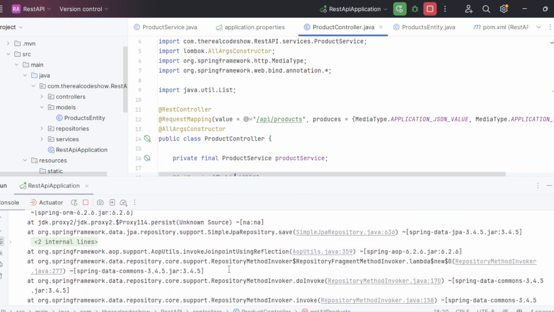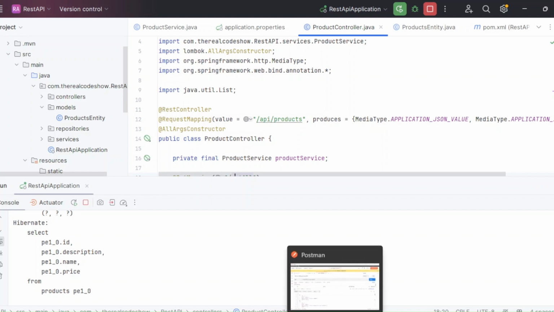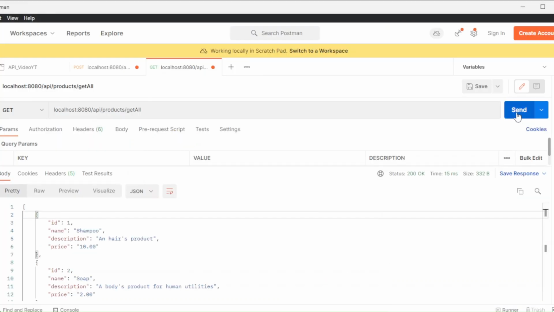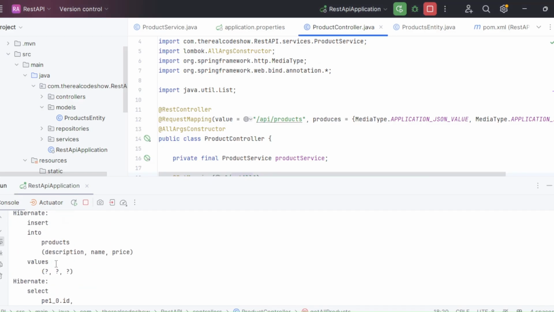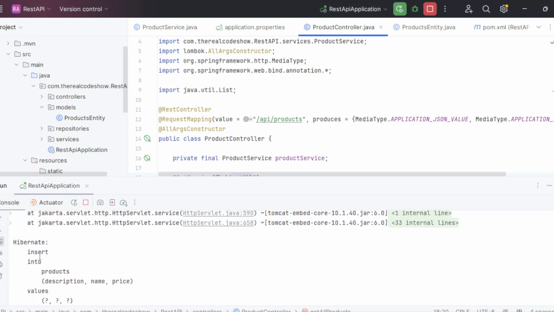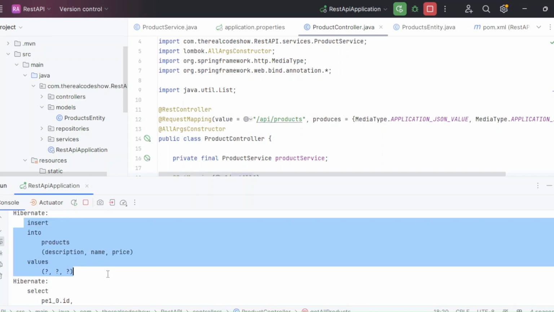And if I want to corroborate that, you can see here that if I do the same query, it will appear here. If I hit get all again, you can see by Hibernate that I have made an insert, a select, an insert, and a select. But after the insert, that is the last product that we inserted, that is the soap that you just saw me insert,